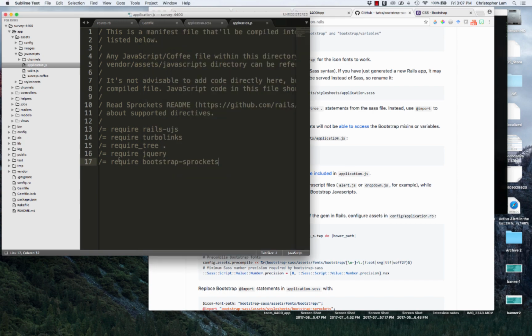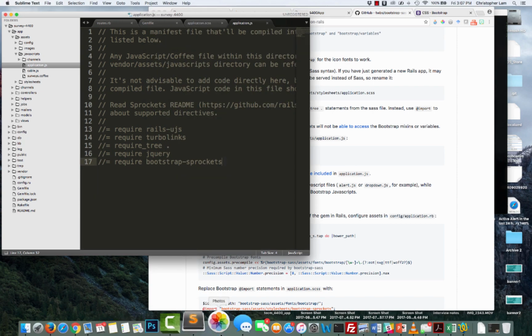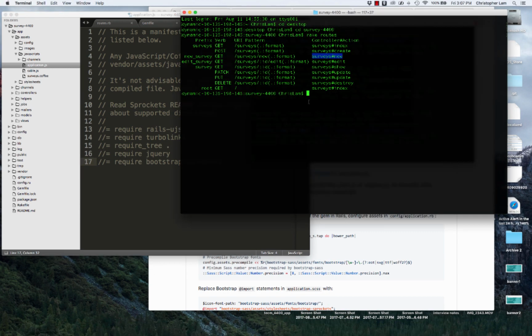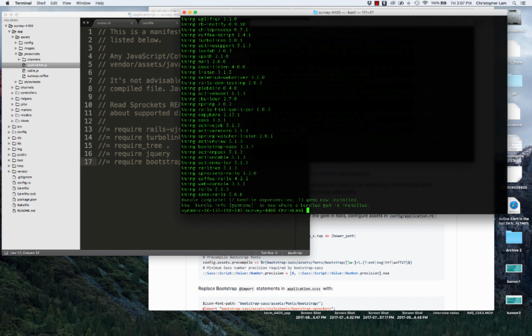Okay, so we've got all of our infrastructure in. Whenever you make a change to your gem file, you need to do what's called a bundle update or bundle install. So we're going to do bundle space install in our command line, and that will install